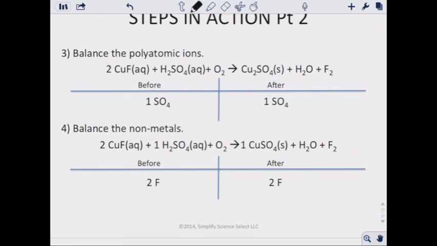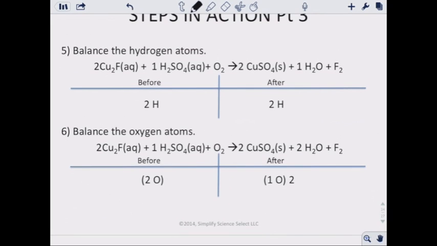Next, balance the fluorines. That's why I put a 1 here and a 1 here. Since this is a 1, we also multiply that by 2, which we already put there before. So 1 times 2 is 2. That means I have 2 fluorines, and over here, guess what? 2 fluorines. So before and after. Next one,